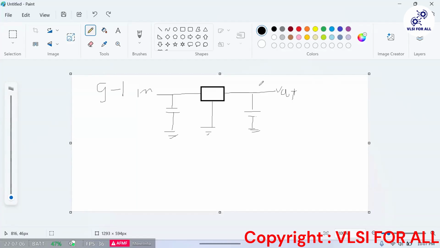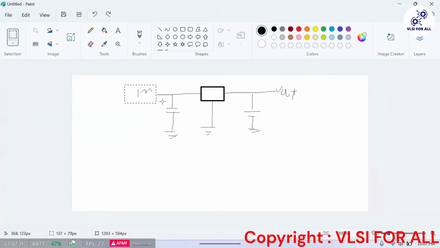Now in this configuration, let me delete this input line. If you now want to convert AC to DC, you have to put diodes here. We have to do bridge rectification here.